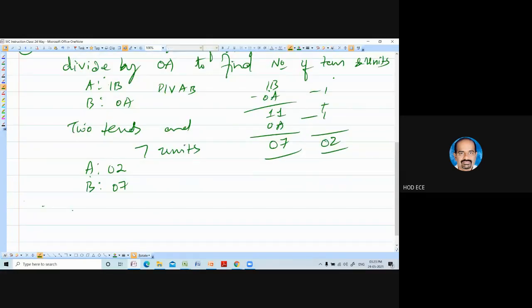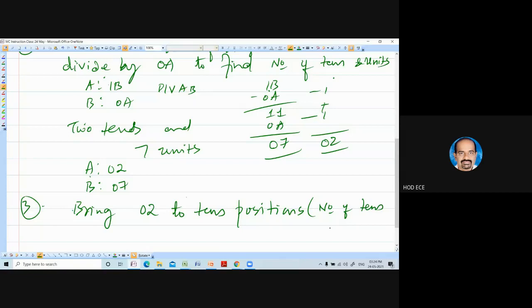So step number 3, what you have to do? Bring the number of tens, 02, to the tens position.